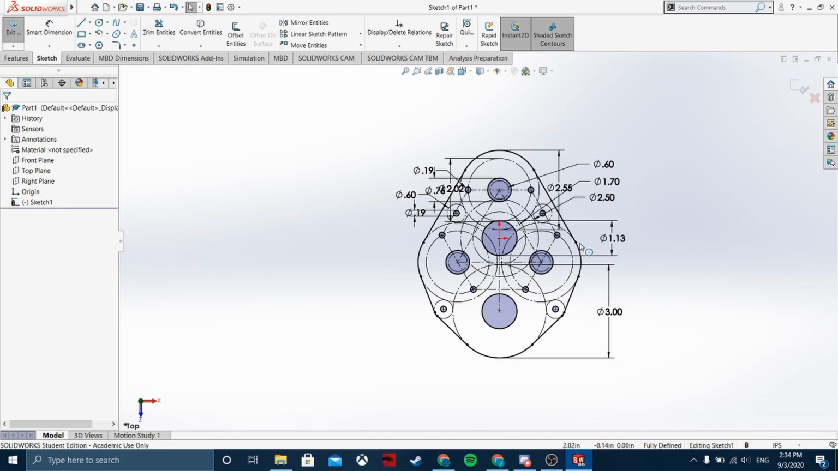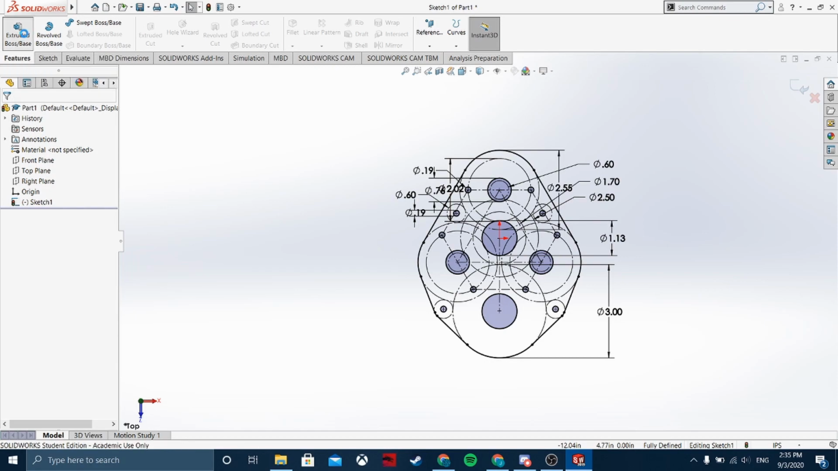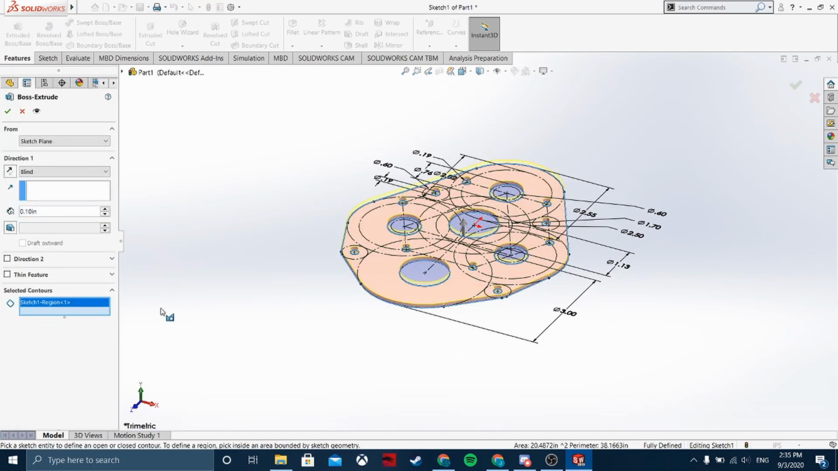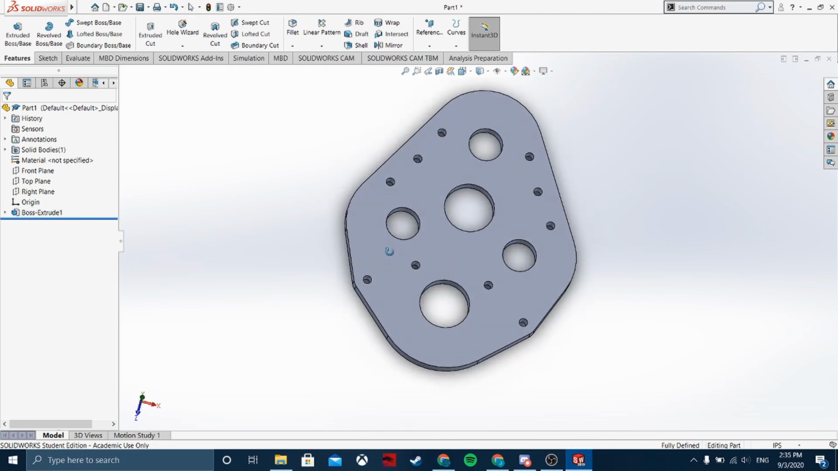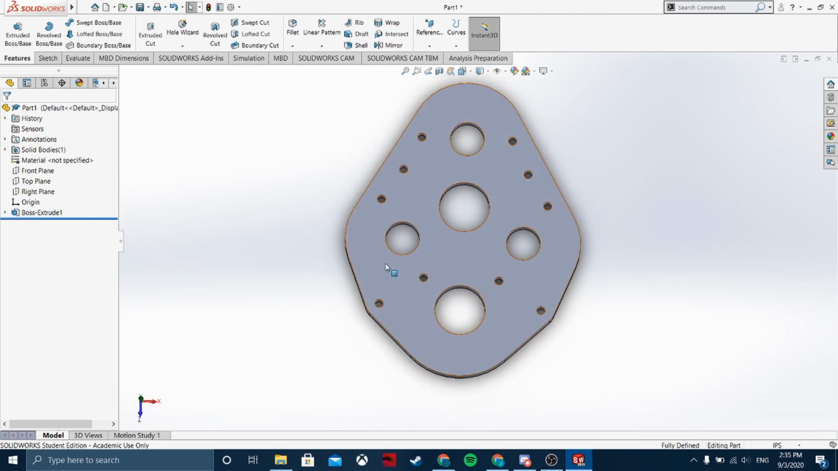Okay, so now that we have the outer edge, all we do now is go to features, extrude this, click on it, and we're gonna make it a 1/4 inch thick and press check. Okay, so we have a plate, but we're still not done yet, because if we're going to use this as our first plate,